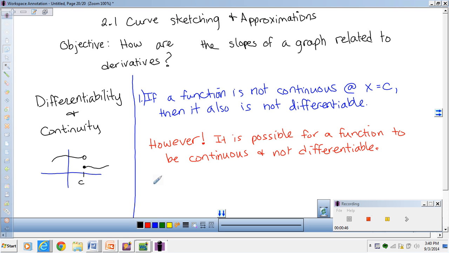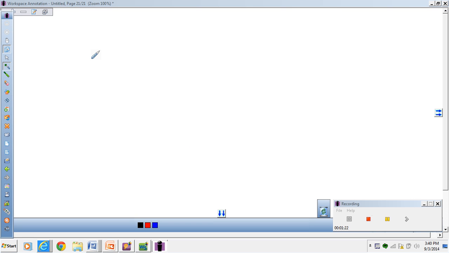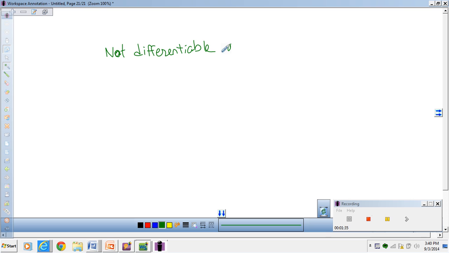For example, if I have the absolute value function and say the vertex is at x equals 2, my function is not differentiable at x equals 2. But however, my function is continuous. There are no holes, there are no breaks. But because there is a sharp turn right here, it is not differentiable. So, just as a note, you cannot differentiate a function at sharp turns. So, not differentiable at sharp turns,